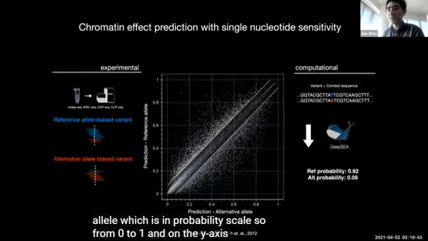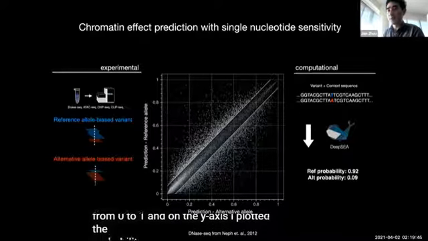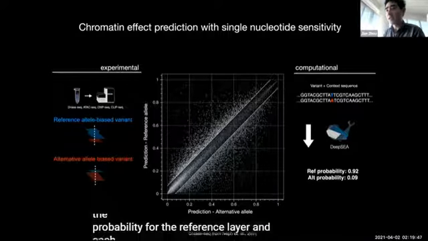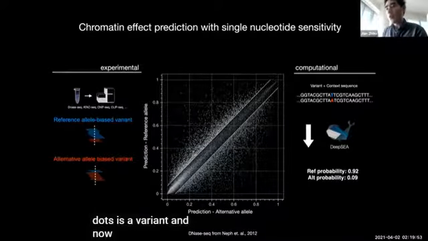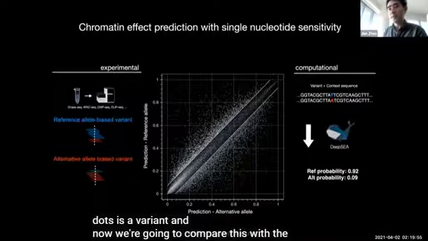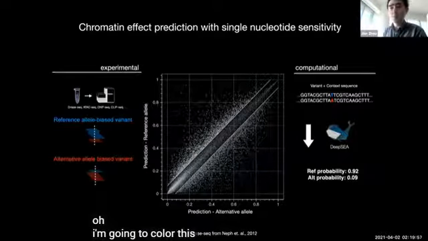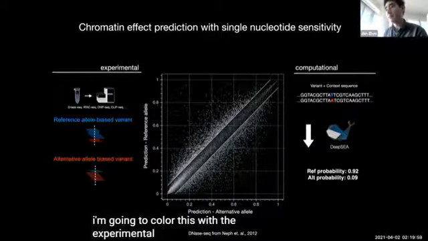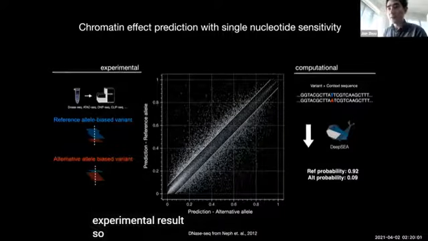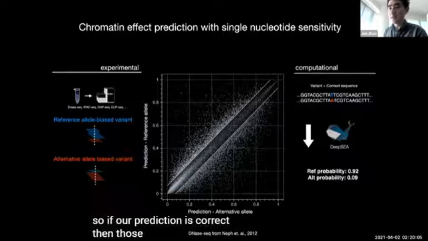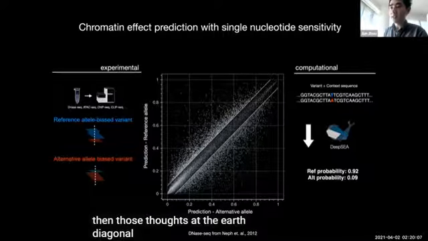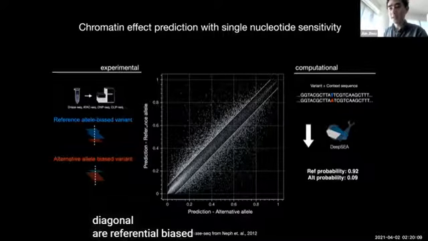And on the y-axis, I plotted the probability for the reference allele. And each of those dots is a variant. Now we're going to compare this with the experimental result, so I'm going to color this with the experimental result. So if our prediction is correct, then those dots that are off diagonal are reference allele biased, which means it's